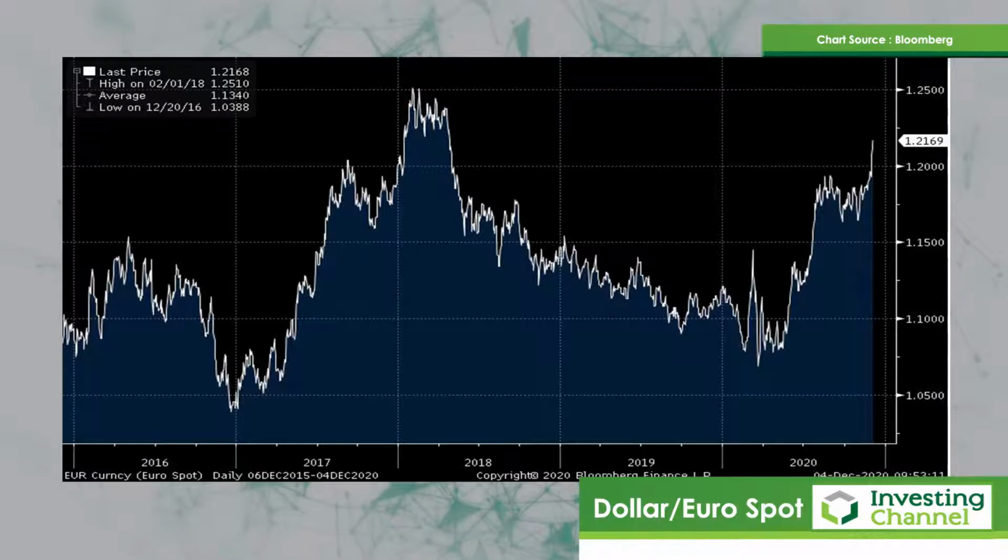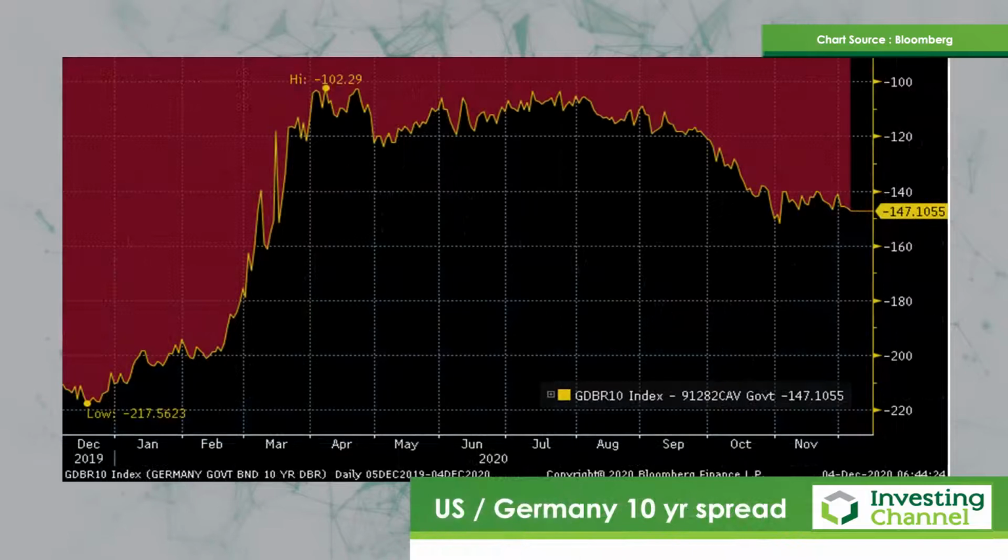Typically, obviously, this dollar euro is quite responsive to the 10-year US Bund spread, and that's my third chart today. And as one can see, as much as it tightened up considerably post the March debacle, we are starting to widen out again, i.e. a move which is basically in favor of US rates and against euro area rates. And the widening makes good sense given what I've just said about prospective moves by the central banks.